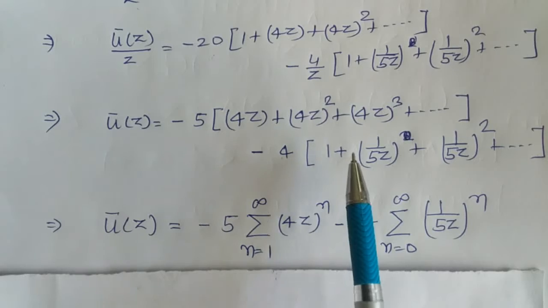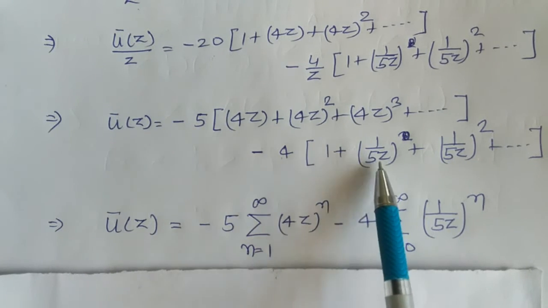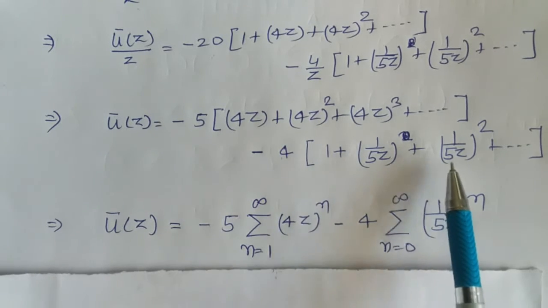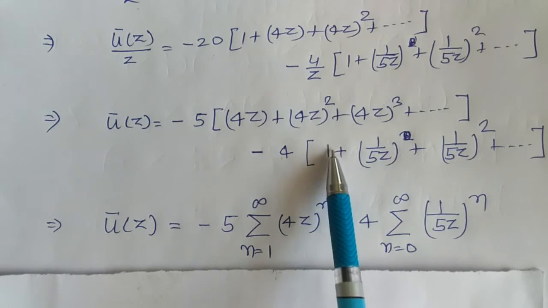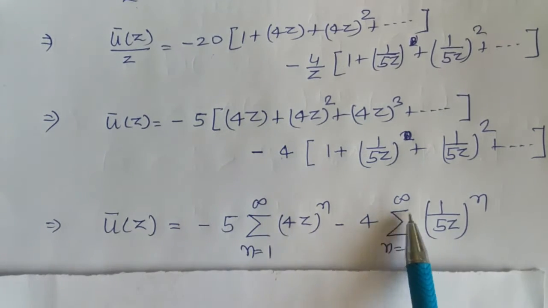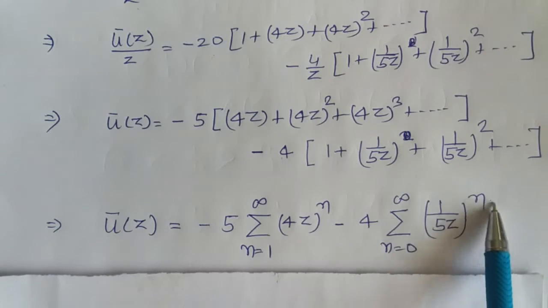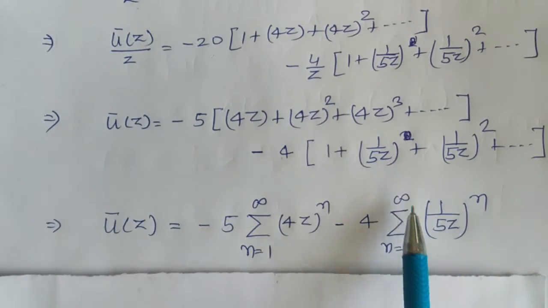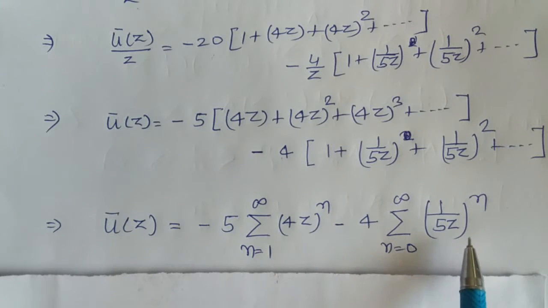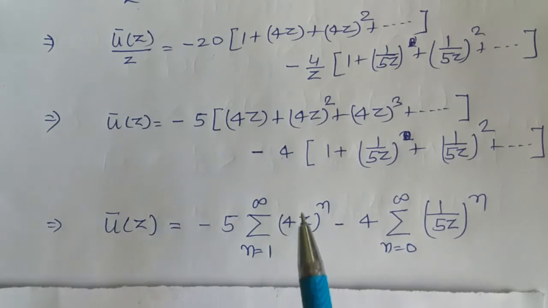Minus 4, here this term is 1 upon 5z whole power 0, this is 1 upon 5z whole power 1, this is 1 upon 5z whole power 2 and so on. So the summation starts from n equal to 0. So we write 4 into summation n goes from 0 to infinite 1 upon 5z whole power n. For n equal to 0 we get 1, for n equal to 1 we get 1 upon 5z, for n equal to 2 we get 1 upon 5z square and so on. So this is how we express these two series in the form of summation,